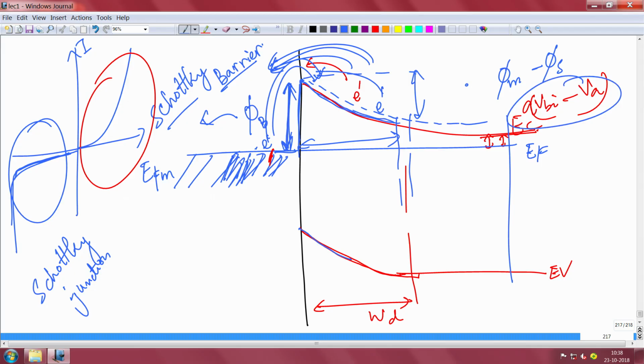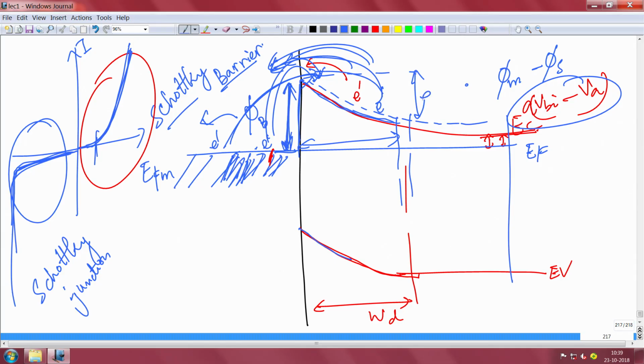So, initially there will be small current, then there will be a turn on, like a p-n junction turn on, when the electrons will now be able to come largely, and eventually it will increase a lot. So, that is the turn on voltage of a Schottky diode, and this is the forward turn on current. This is the on current of a Schottky diode, and on the reverse side there will be very little current, because electrons from metal to semiconductor will have a lot of difficulty going. So, it will be very low reverse leakage and it will break down.